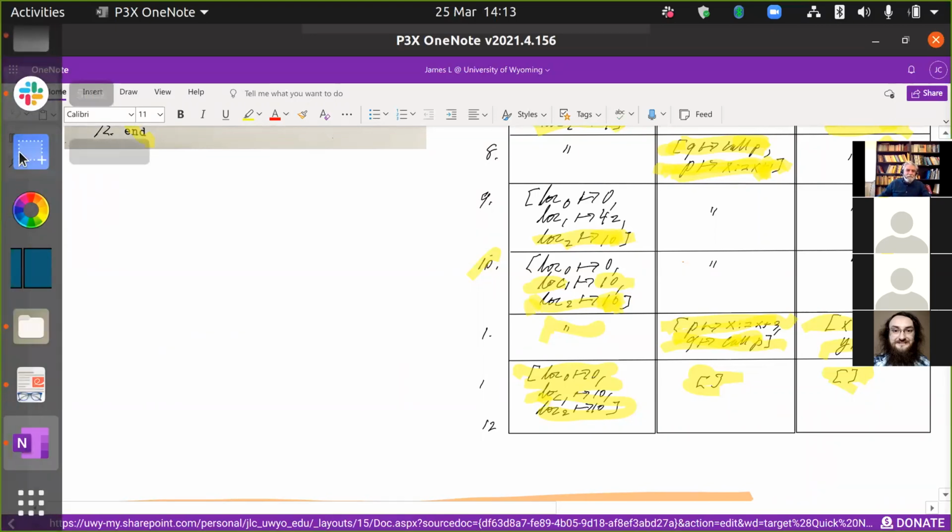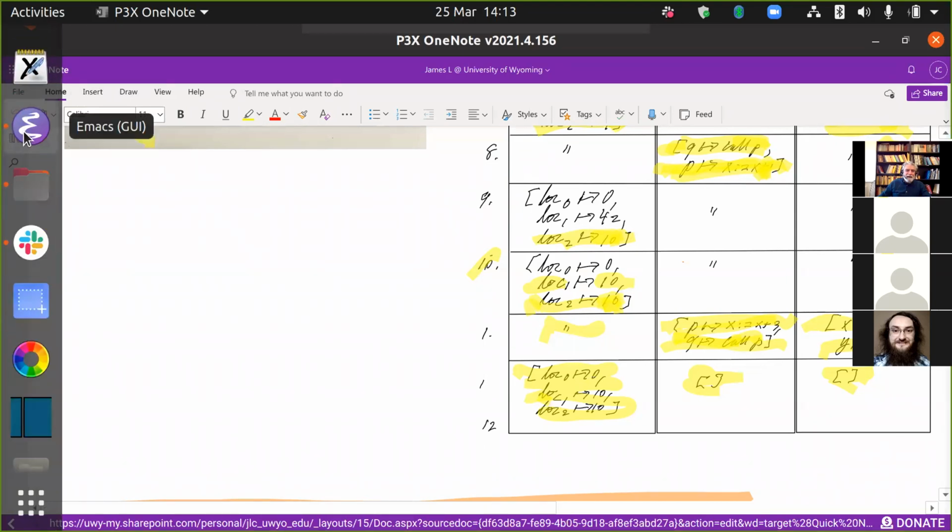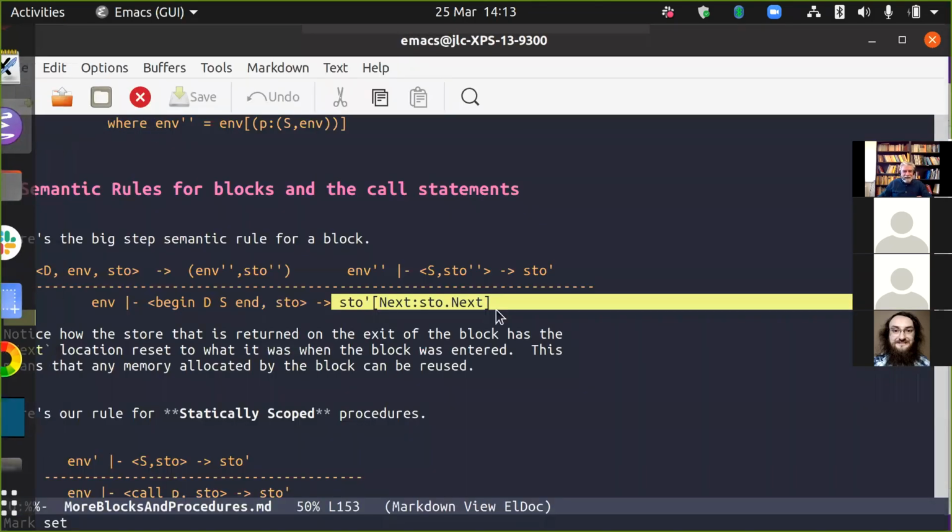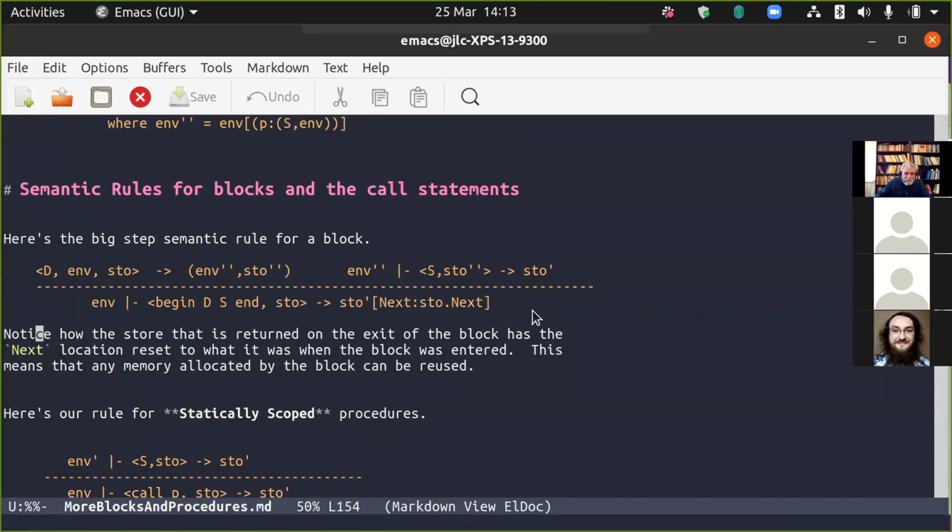Yeah, I see what you're saying. The location is still there. It's in the store, inaccessible. It's still out of our scope. And in the environment, we just kind of like, so what happens when you do,